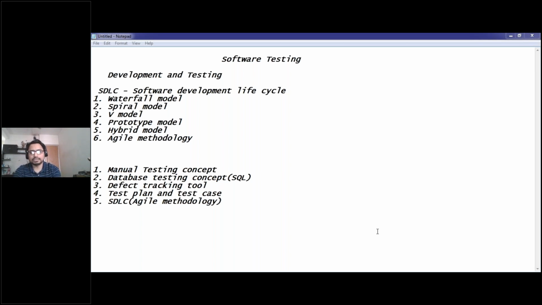So I think this is a complete introduction of manual testing. After this, we will start the real-time course. We will start with the SDLC, and after that the waterfall model, and then the plan I have already shared with you, how we will go. Once manual testing is done with SQL, then we will start Java. Once you are expert in Java, then we will start Selenium. Once Selenium is done, then you will be a very technical person.